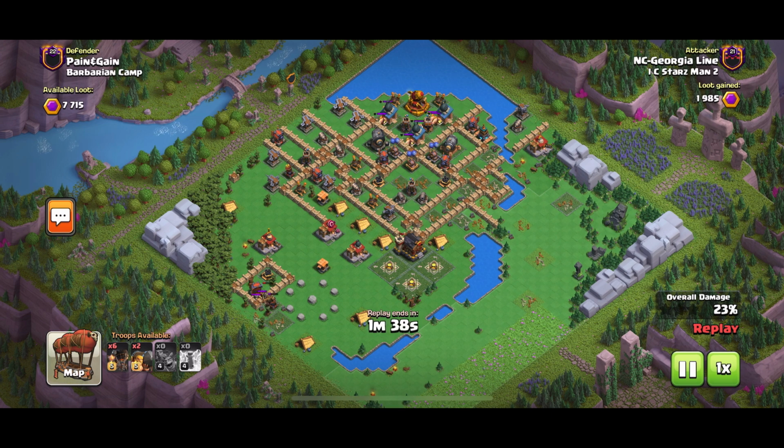And that's going to be able to come in here and get the multi-cannon and that mortar. And now once the multi-cannon goes down and we've almost gotten to this mortar, we're going to send in a battle ram. That battle ram is going to survive, the barbs will, and they're going to start cleaning out some